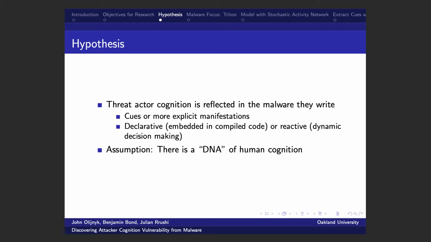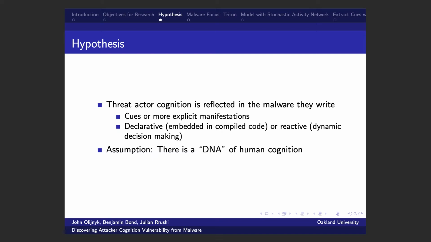So our hypothesis is that threat actor cognition is reflected in the malware they write, and these appear in cues or sometimes more explicit manifestations. And the cues that we can find of this cognition are both of declarative nature. So these are types of cues found in the embedded compiled code that are discovered on compromised machines, or they're reactive, discovered in a dynamic exchange between the threat actor and the systems that they are currently compromising, the decisions that they make as they're receiving output and providing input